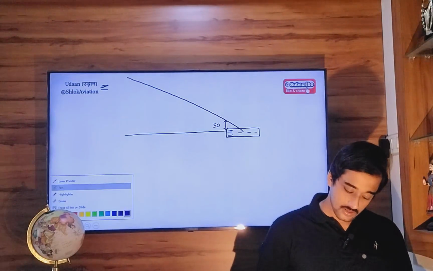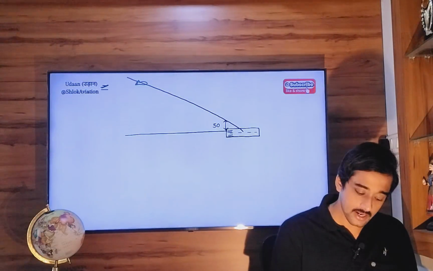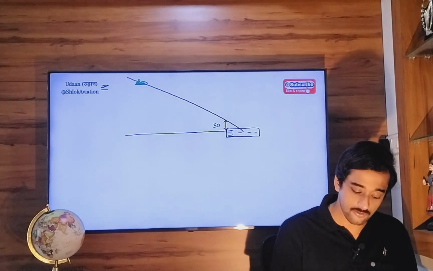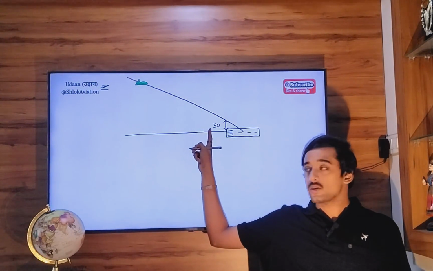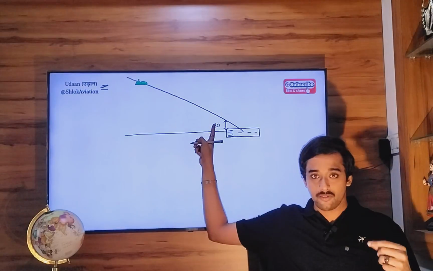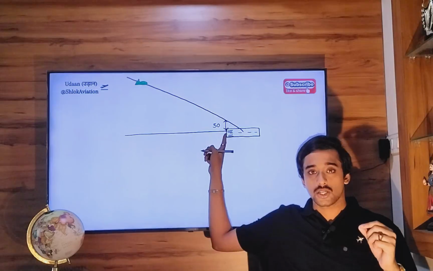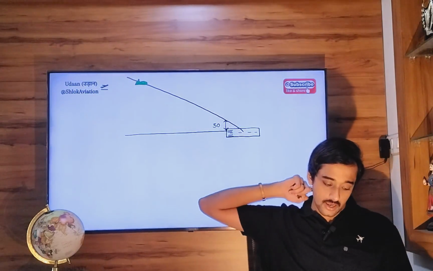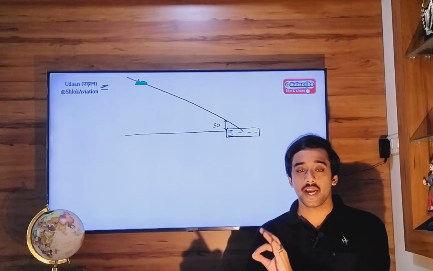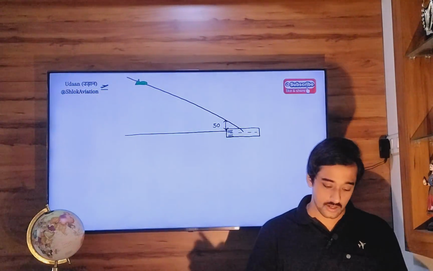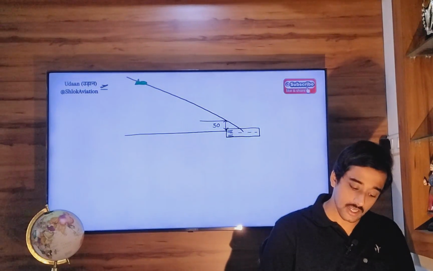Now your aircraft is going to follow this glide slope, correct? As the aircraft follows this glide slope and glides down towards the runway, it will be at a height of 50 feet above the threshold of the runway. It will follow this glide slope down to the touchdown zone of the runway. So when this aircraft flies along this glide slope, it will be at a height of 50 feet above the threshold. So we will have to draw another triangle